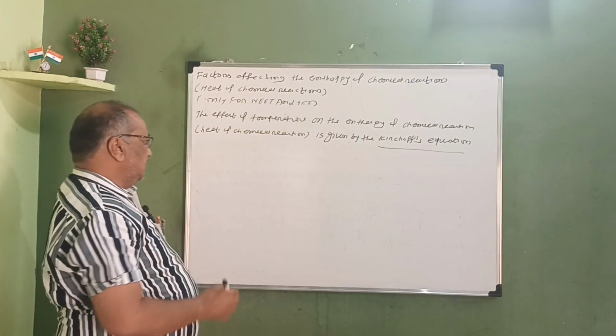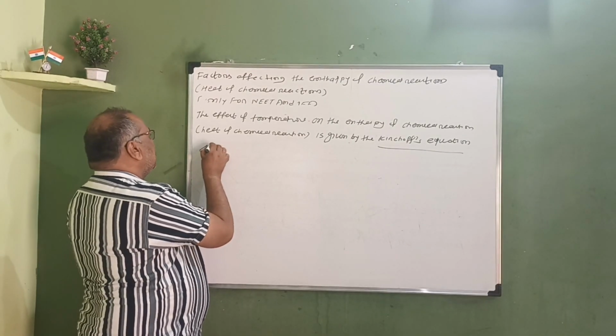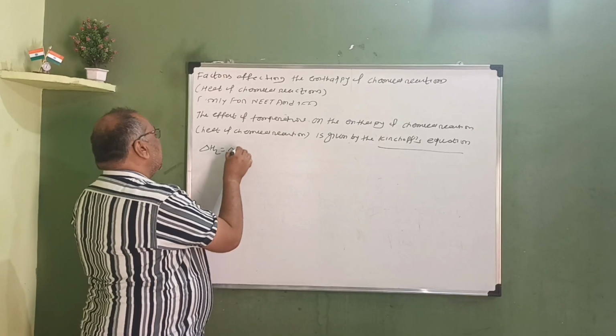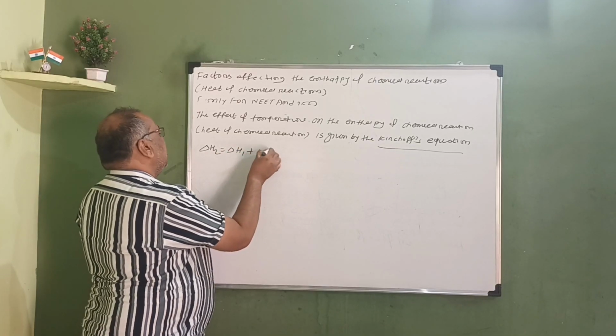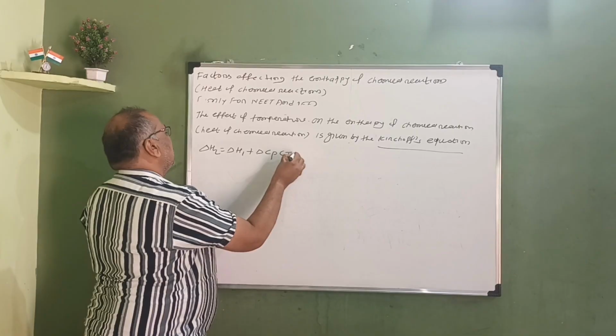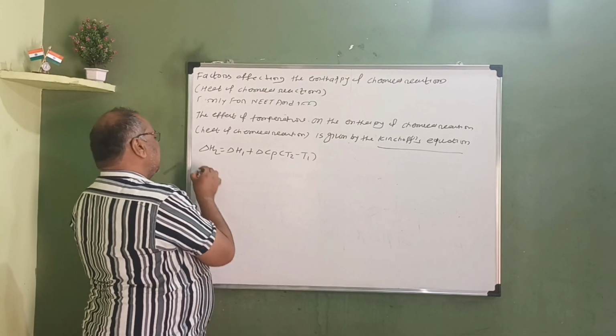That is delta H2 equal to delta H1 plus delta Cp into T2 minus T1, where